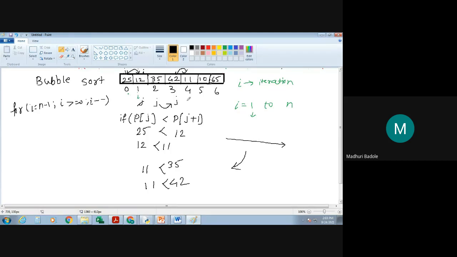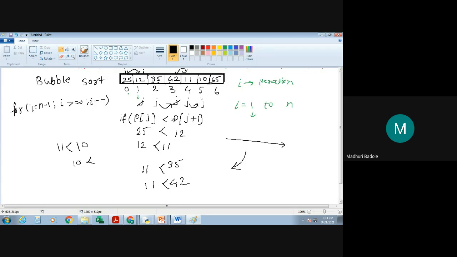Fine. Again, you are incrementing the j index. The j index will be over here. You are again comparing 11 is less than j plus 1, that is the 10. Is 11 less than 10? No, it is not. So no need to swap the elements. Fine. Increment the j index. The jth index element is the 10.